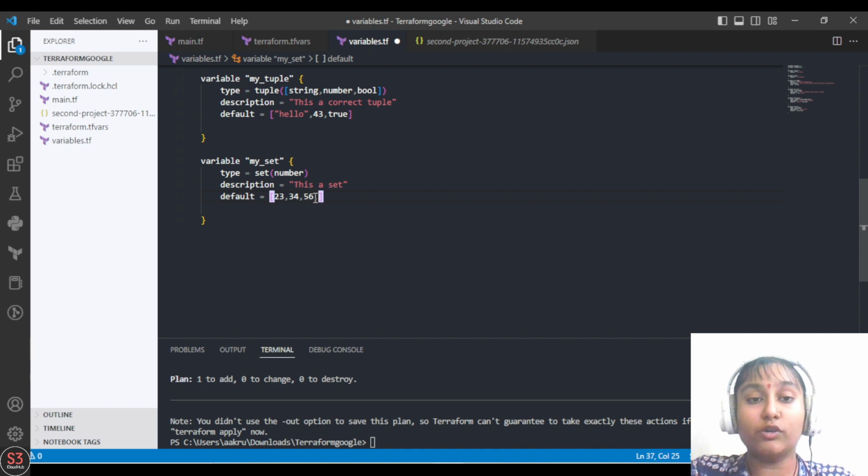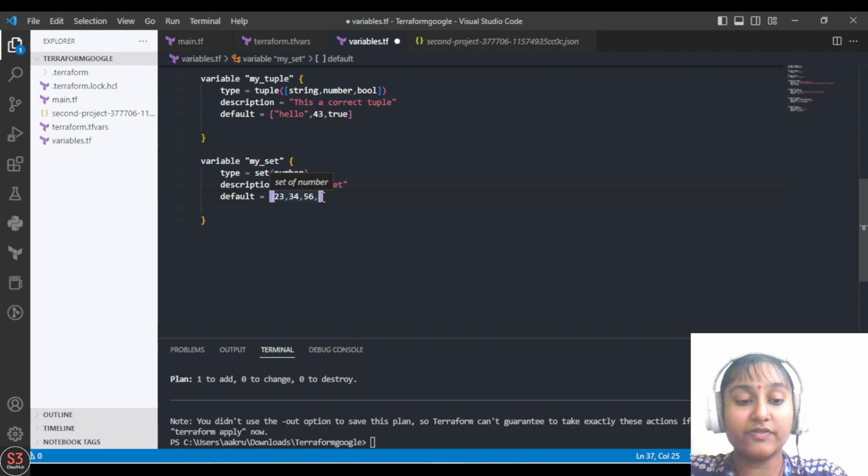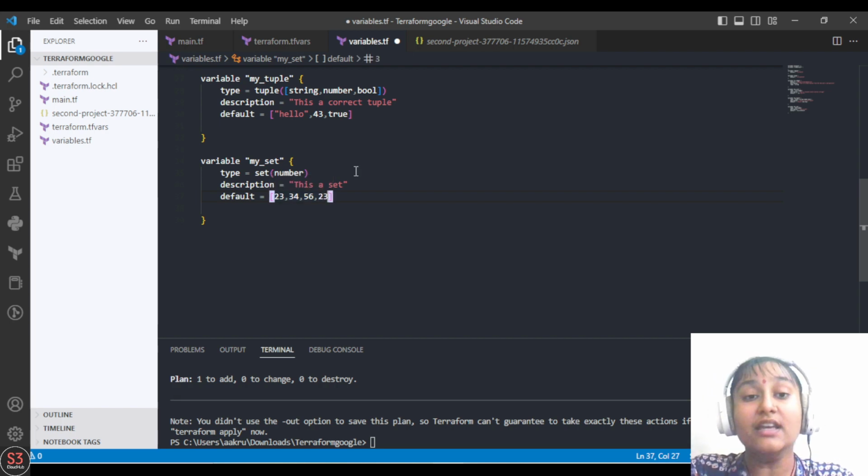So if in the default value we give repetitive numbers, like we have specified 23, 34, and 56, and we again write 20, 23, then it will not show an error. And even if we write in a different order, then also it will not show an error. But if we specify a string here, then it will of course show an error because it will only accept one